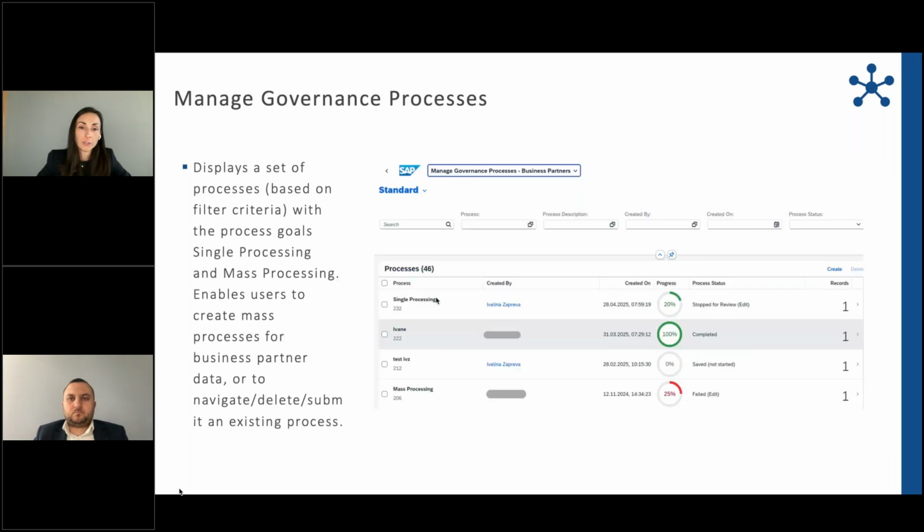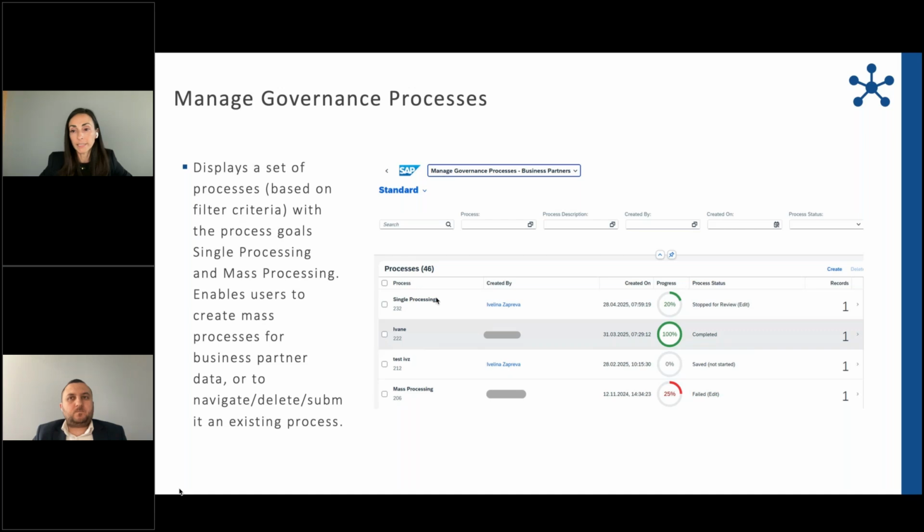An application that is related to the new creation process with process ID instead of a change request is Manage Governance Processes. From this application, we can display all of the processes which were completed or which are still in process, which have failed or stopped at a certain point. Here we have a filter to make the search easier in case we have some specific criteria.